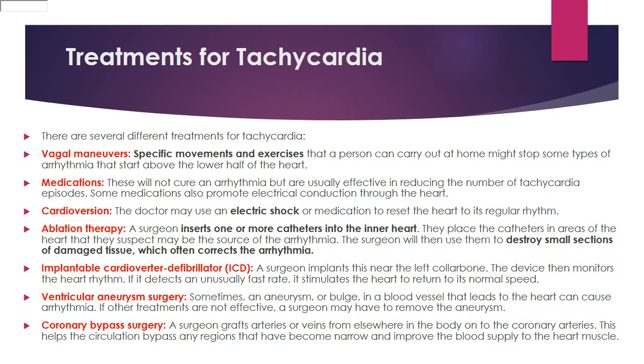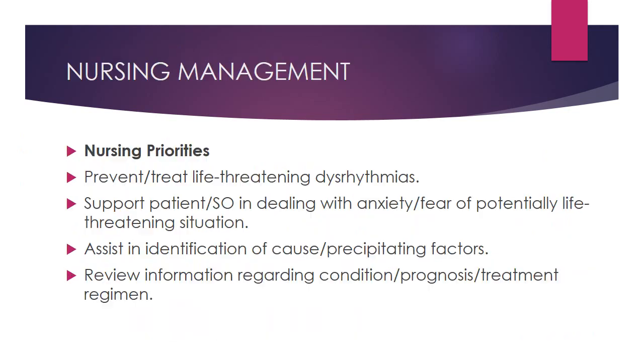Also coronary artery bypass surgery, which we've studied in the previous topic, how it is done, mainly to bypass the regions in order to improve the blood supply to the heart. Now, the nursing management is the most important thing here. So the priorities will include to prevent and treat these life-threatening arrhythmias or dysarrhythmias. It is a complication. It is dangerous, and it needs immediate help. Also supporting the patient, making sure that the patient is administered oxygen. The patient is going to be very anxious because he does not know why this is occurring, so teaching and counseling the family is also very important.